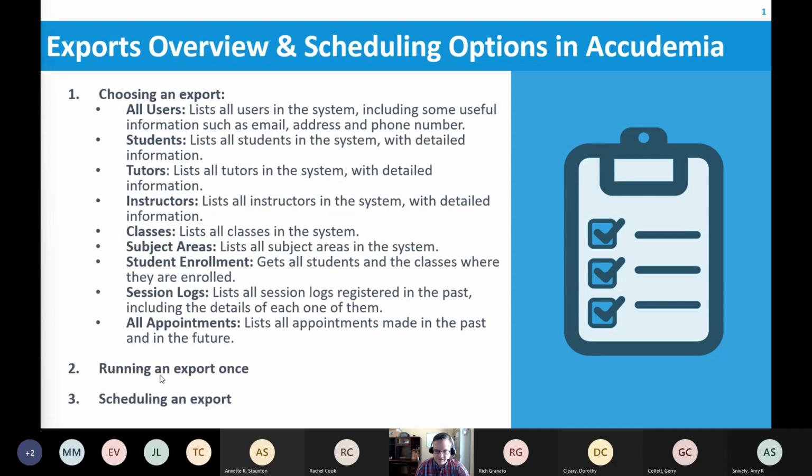And what we're going to do in the next two sections is I'm going to go into Accudemia directly, and we're going to run an export once from within the system. Then I'm going to show you how you can actually schedule those exports as well. So here,